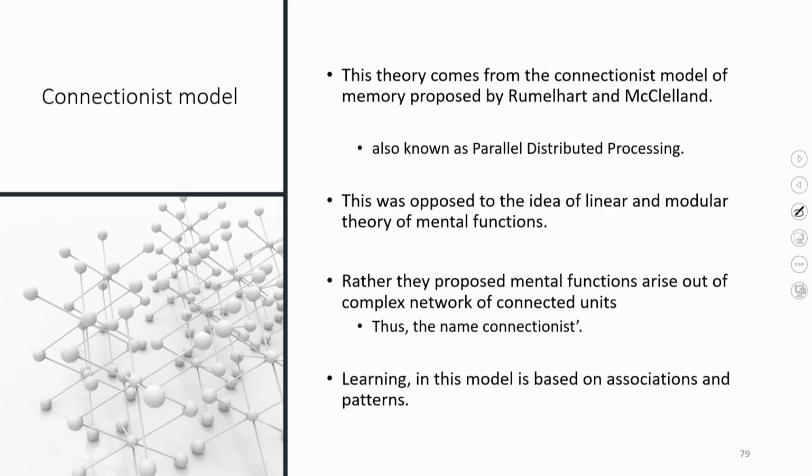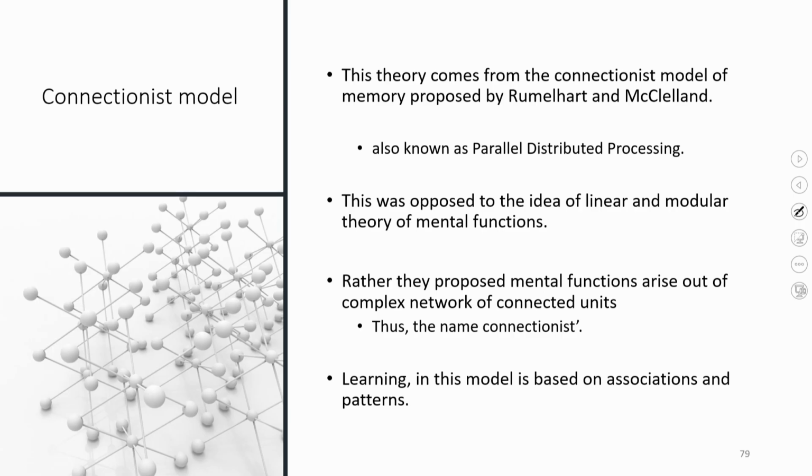This theory also is known as parallel distributed processing. It is not possible to describe that entire theory in a short time like this, but this theory was opposed to the idea of linear and modular theory of mental functions. There are different theories as to how the human brain functions. One of the theories says that the mind is modular. So, there are different domains, different modules in the brain, each of them taking care of a separate